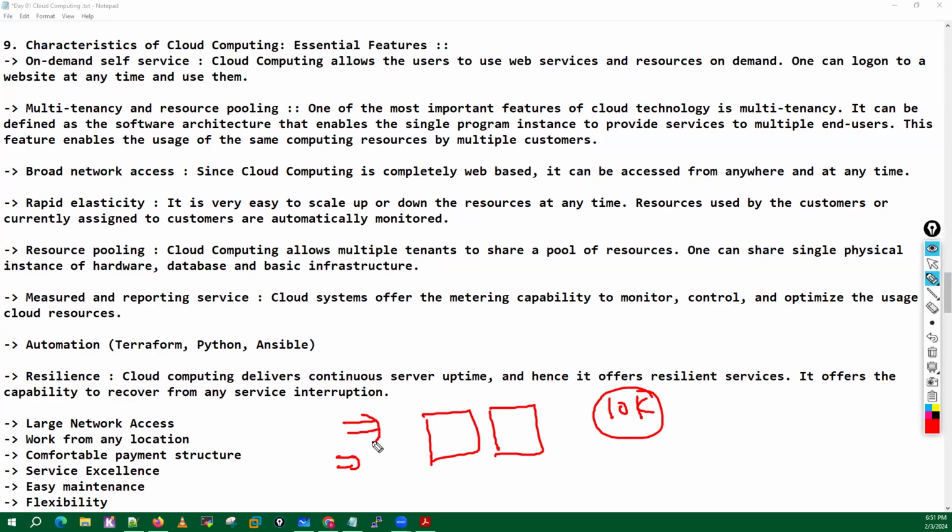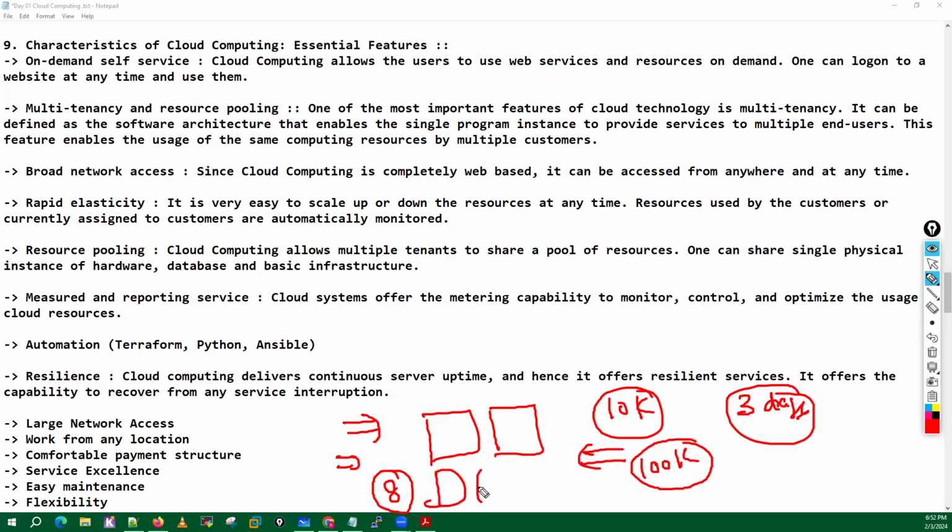Because now these organizations are running the sales. Let's say that sales will go for 3 days, and during these 3 days maybe they are getting 10 times the traffic. Let's suppose they are getting 100K users traffic into these servers. So what they need, instead of having 2 servers, now they need 8 additional servers, right? So what cloud providers will do, as your load increases into these servers, they will basically